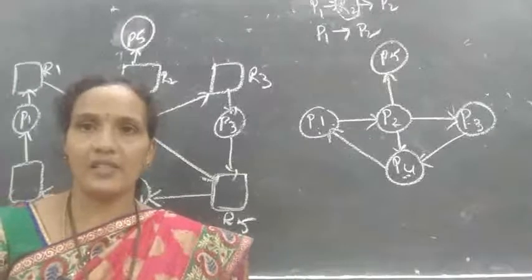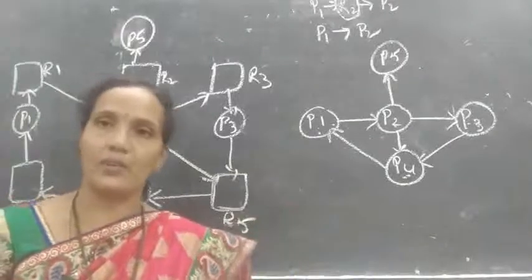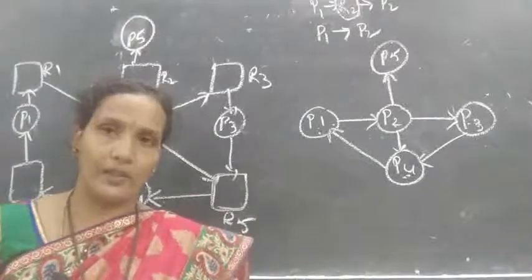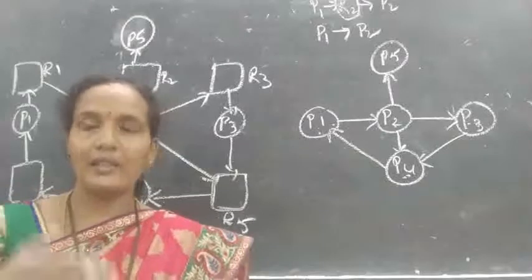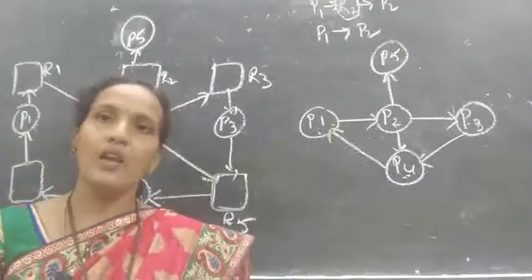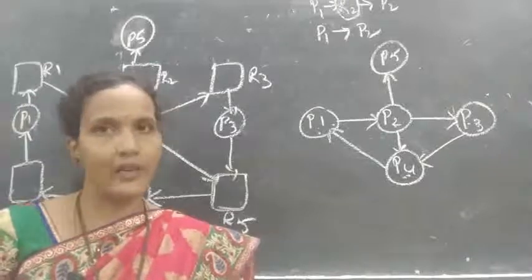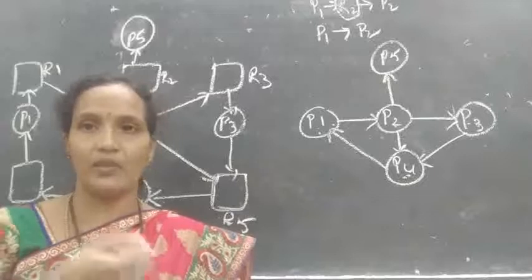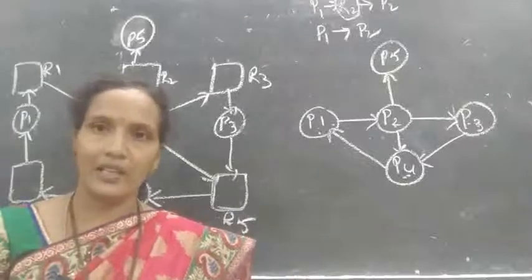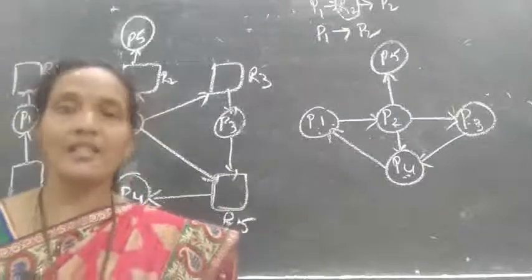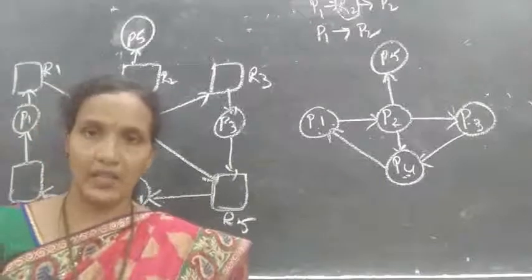you have different data structures and a step-by-step process, which is similar to the Banker's algorithm, but it is different. The data structure you use in the Banker's algorithm, the same data structure will be used in deadlock detection also, but the steps and conditions you implement in the deadlock detection algorithm will be different. Understood? Now, we'll discuss deadlock detection.